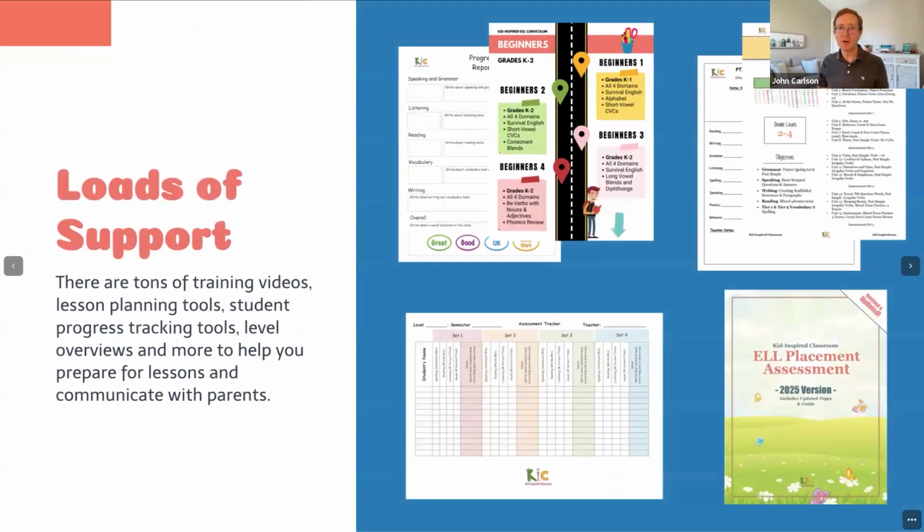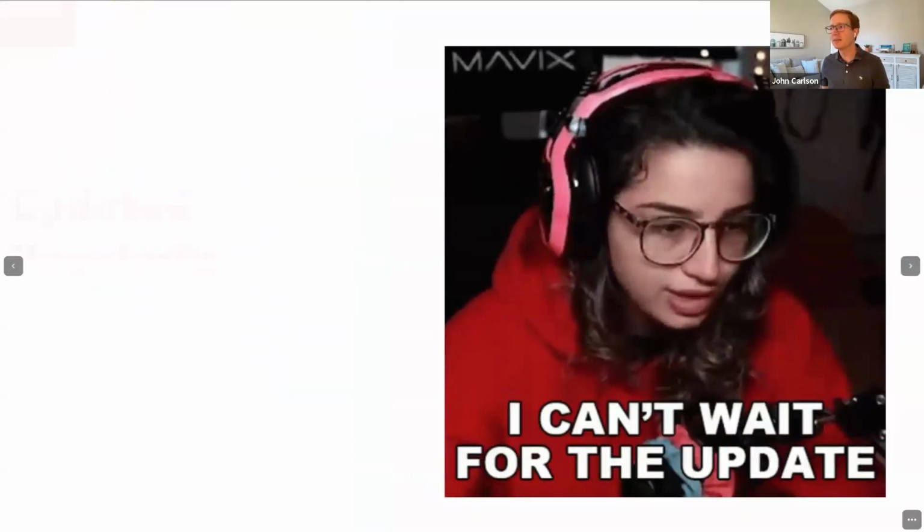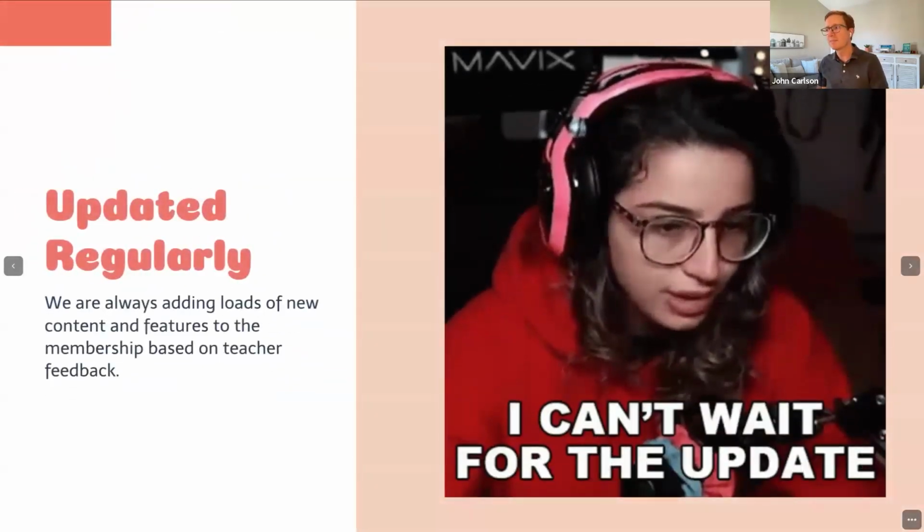There are a lot of support tools built into the curriculum, lots of reports that you can use, templates you can use. There are handouts you can give to your parents that will help them know what you're doing, know the plan, the mid-term plan, the long-term plan, how their students are doing in all the different areas. All of that communication is going to make for better classes, going to make for parents who trust you more, and they're going to want to continue with you long term, and they're also going to tell other people about you. All of those tools are still in there, and it is updated regularly.